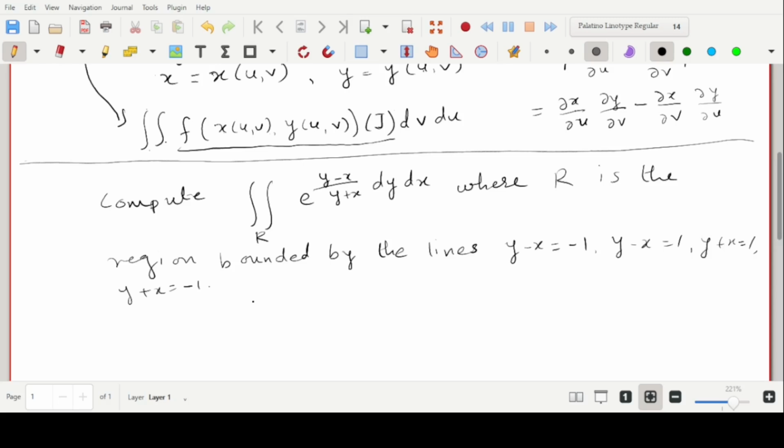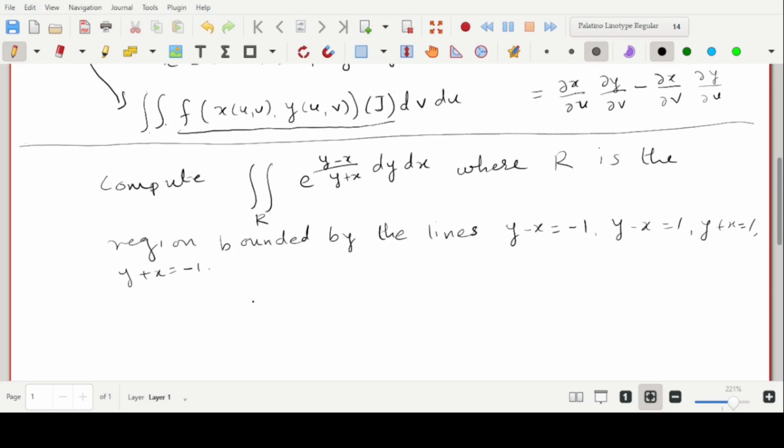So these are the four lines between which R is bounded,